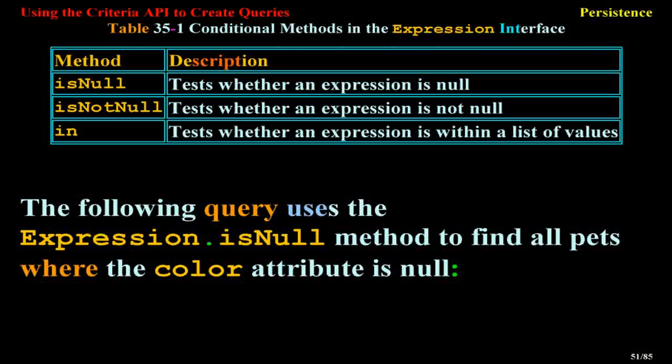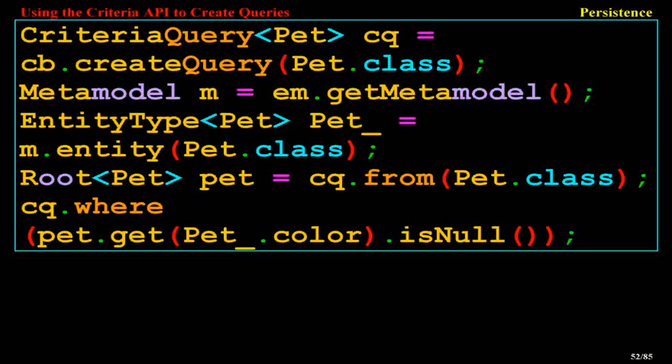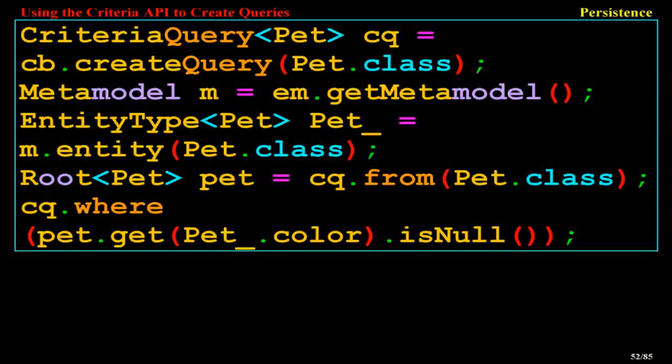The following query uses the Expression isNull method to find all pets where the color attribute is null. CriteriaQuery<Pet> cq = cb.createQuery(Pet.class); Metamodel m = em.getMetamodel(); EntityType<Pet> Pet_ = m.entity(Pet.class); Root<Pet> pet = cq.from(Pet.class); cq.where(pet.get(Pet_.color).isNull());